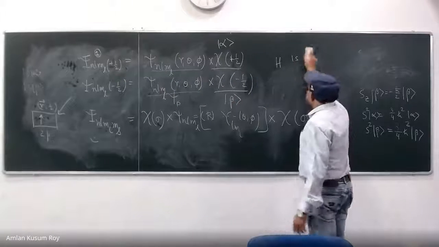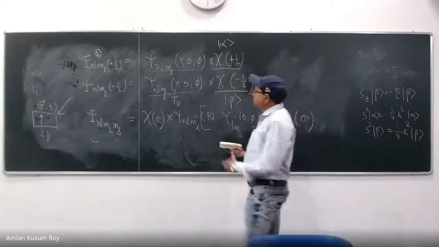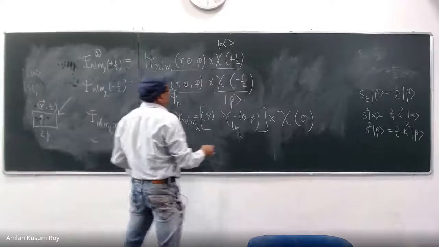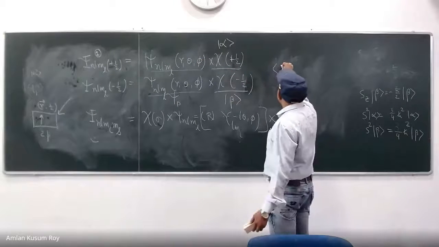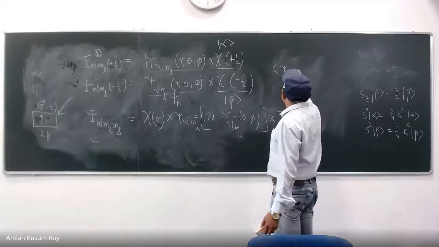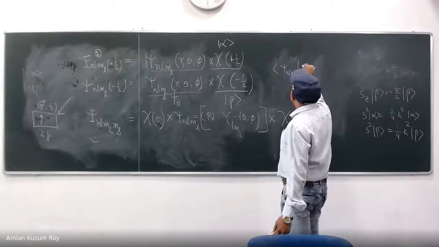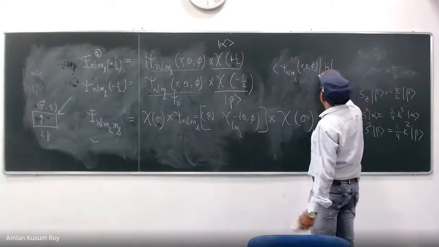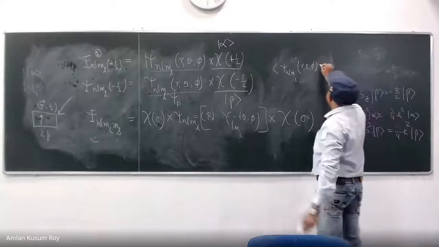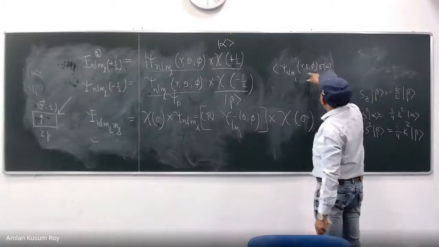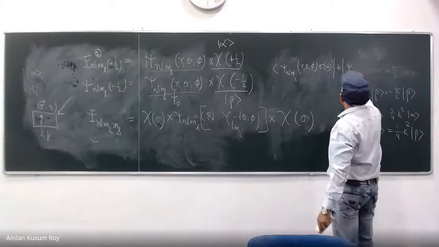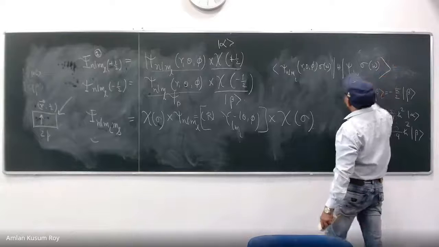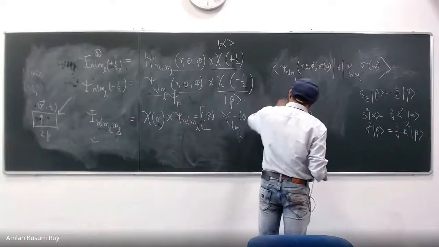And you can see why it doesn't impact the energy, because your energy is psi star H psi. When you take psi star H psi, psi star is this guy, psi n l ml, so r theta phi, okay? Why it doesn't impact, you can see that. Let us write it down. Suppose you want to do it for alpha omega, right? 1s H psi n l alpha omega. That is the meaning of this energy expression, psi star H psi.